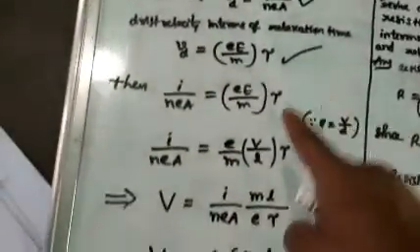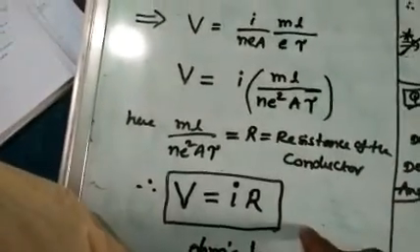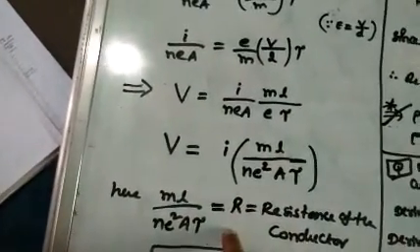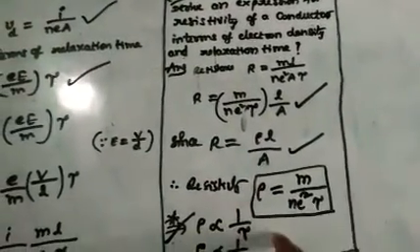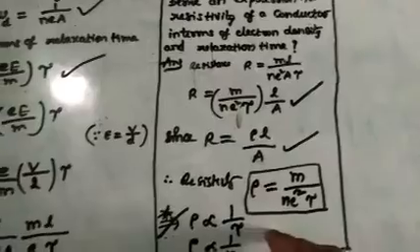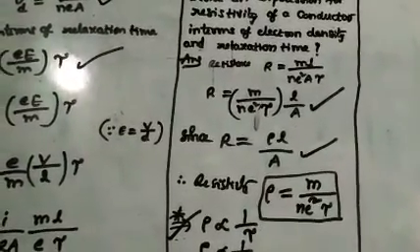Sir, if the question is given for 3 marks, you have tried the previous question also. The V is equal to IR derivation, the Ohm's law derivation, along with this derivation, you have to write both if the question is given for 3 marks. So according to the given marks, you can choose the derivation like this.